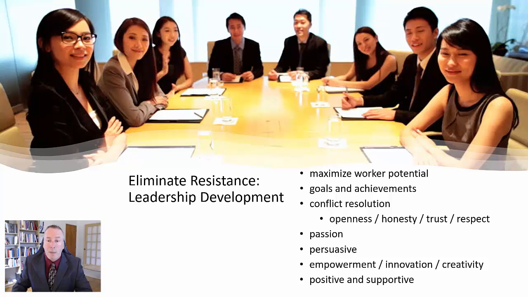Well, we can maximize worker potential. What does that mean? What that means is if workers are properly cross-trained, educated and trained to do not just different jobs, but also developed as individuals, they can be better equipped for change. Also, an organization can be better equipped if, as an example, it has a culture that embraces training and development. They can already be prepared if change needs to occur very quickly. They will know how to take their employees and train and develop them in a rapid way to address the change.